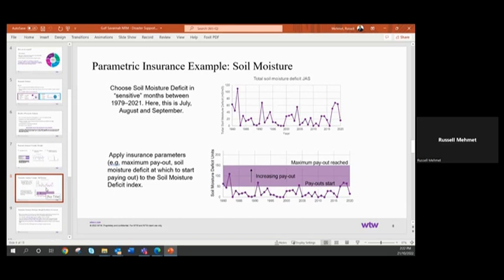So the bottom one, you can see in this particular case, the farmer has chosen to insure for any soil moisture deficit worse than 50 millimeters up to 150 millimeters. And he would have had payments in the mid-90s, then the next one, early 90s, 2004, and then 3 in 2017, 18, and 19. He would have had payouts. We haven't related dollars to those, but they would have been based the same as the previous example, depending on what amounts he chose to have covered.